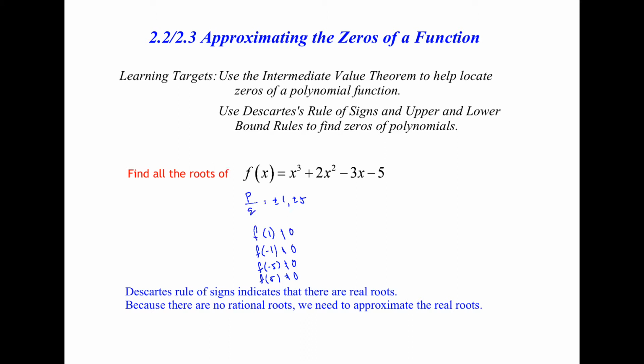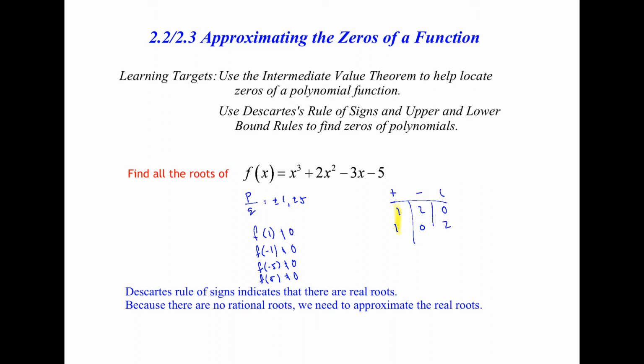So then we use Descartes' rule of signs, and I'm just going to give you real quick what the chart would look like. And we find out that it's either 1 positive, 2 negative, or 0 imaginary, and 1 positive, 0 negative, or 2 imaginary. So what can we take away from this is that we know we have one positive real root. Okay, so we know we at least have one that we should be able to find,